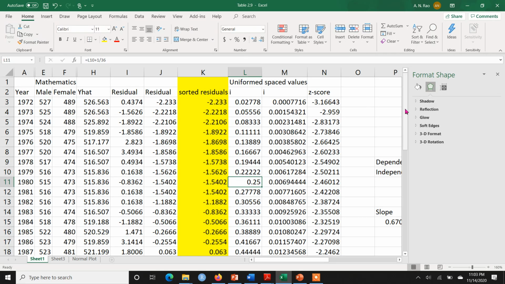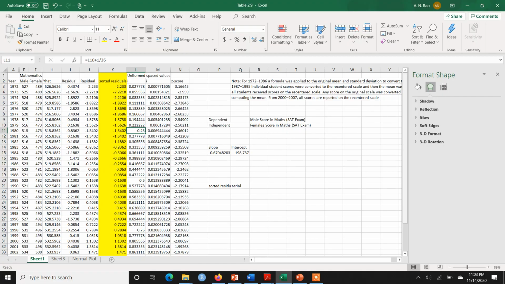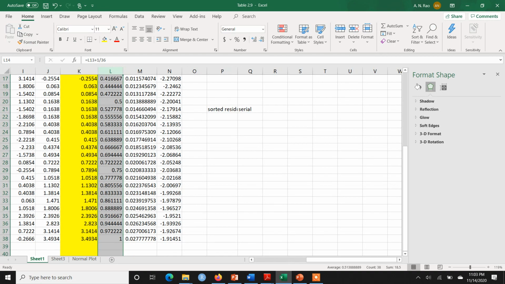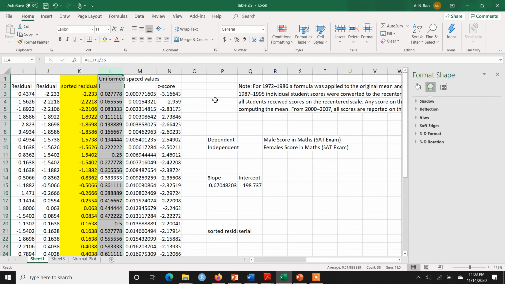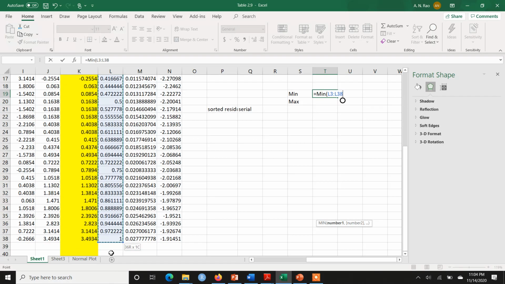Once you have made this column, you have to check that all of these values should be less than 1 and greater than 0. Either you can visually verify this, or you can calculate the minimum and the maximum. So I select the i column and calculate the minimum.